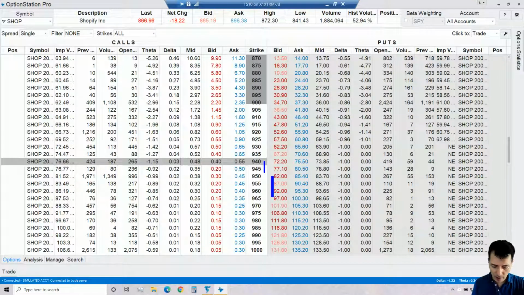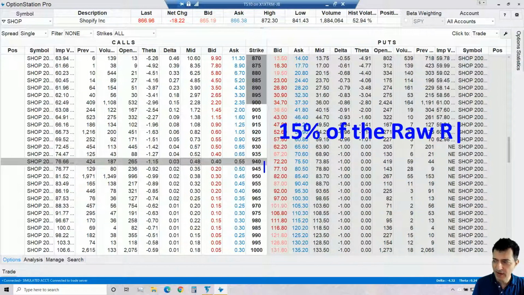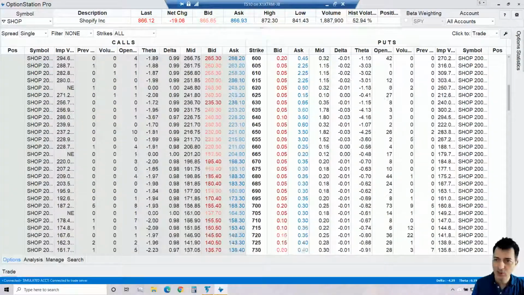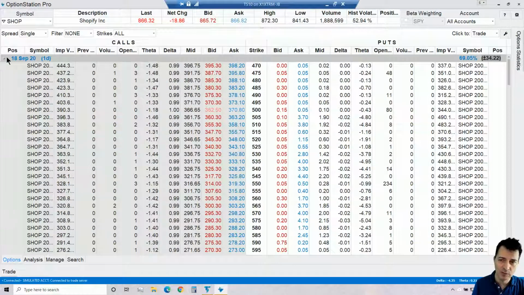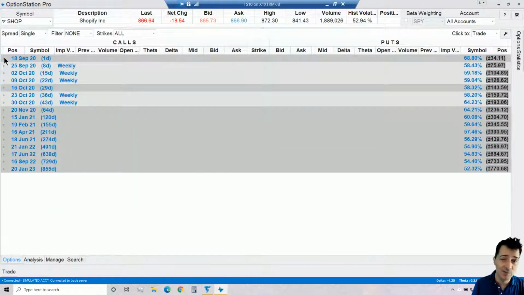You probably remember from prior sessions that we have a rule where we want to collect at least 15% of the raw risk in premium. Okay, the raw risk is 5. 15% of 5 is 75 cents. Well, the difference of this, 48 to 35, is 13 cents, right? So let's say that's what we get on the call side. Let's say on the put side you get more or less the same. So 13 and 13 is 26, which is way less than 15% of 5, which is 75. So again, I always like to look at next day expiration options in case they work. The reality is that they almost never work.